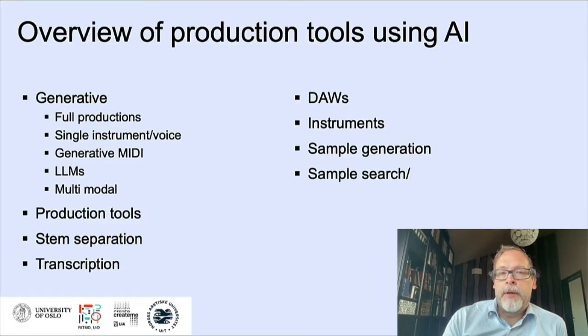Generative AIs, not a very scientific term, but a popular term. These tools are often prompt-based, but can also use existing files to create new content. For instance, one can generate a full music production by prompting, "I want a 70s disco track," or generate a single instrument or vocal track through prompts or by processing existing music files.